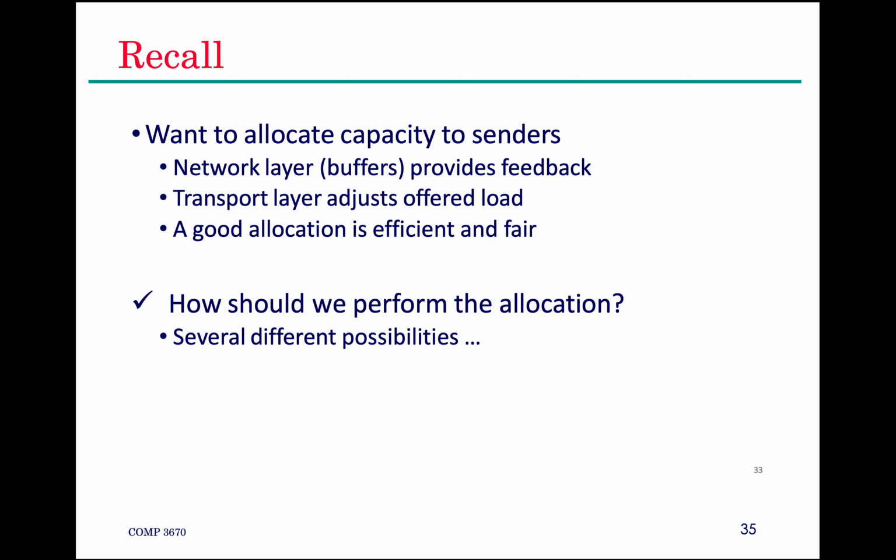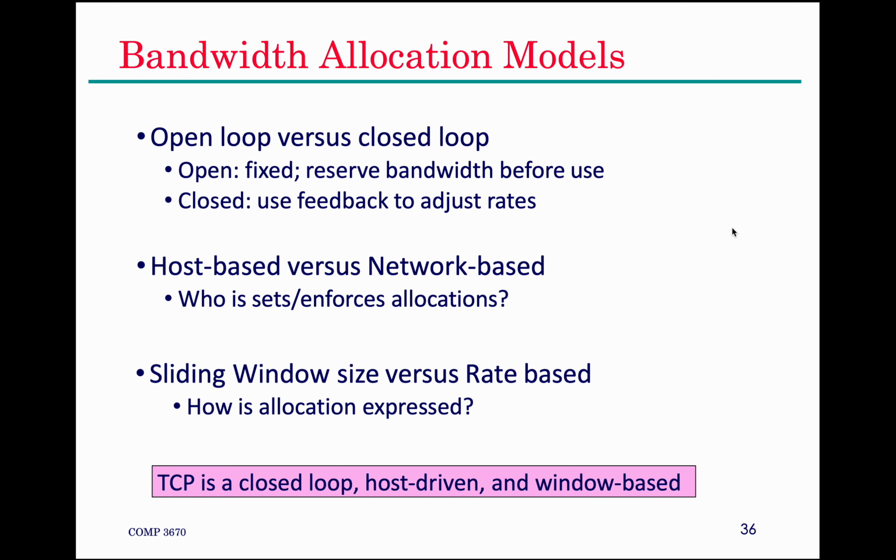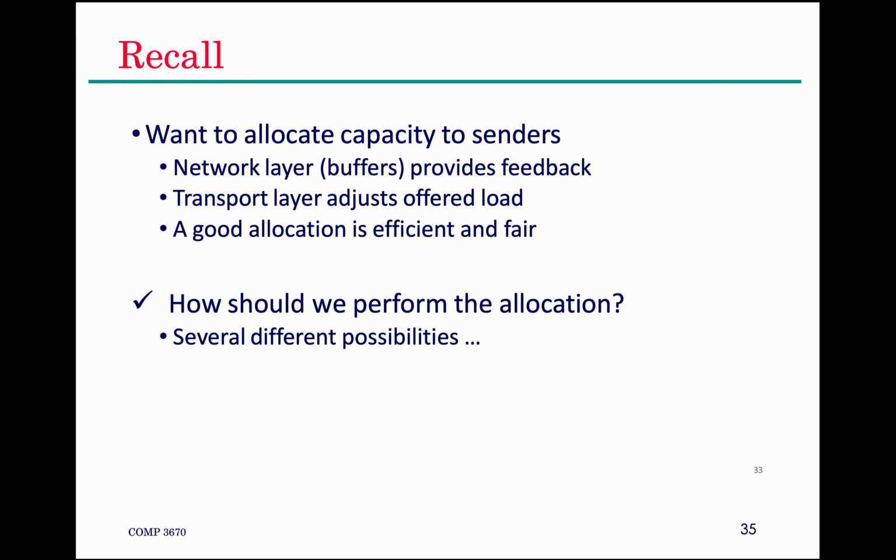Because as we know, routers do have a capacity. They have buffers, as mentioned here, and these buffers have a capacity. They're not just unlimited. So once we start reaching this capacity, the network layer is going to want to tell us that, hey, you're kind of pushing it here with the amount of packets that you're sending. Okay, and then how do we actually adjust the amount of packets that are being sent? Well, we're just going to use the transport layer for that. And in this case, we're going to be discussing the TCP protocol and how TCP can actually be used to limit or decrease the amount of load that's being sent to a network